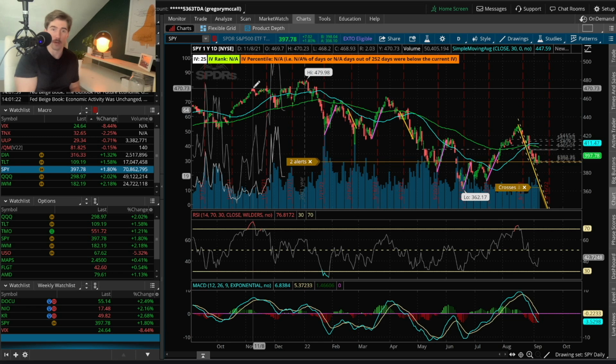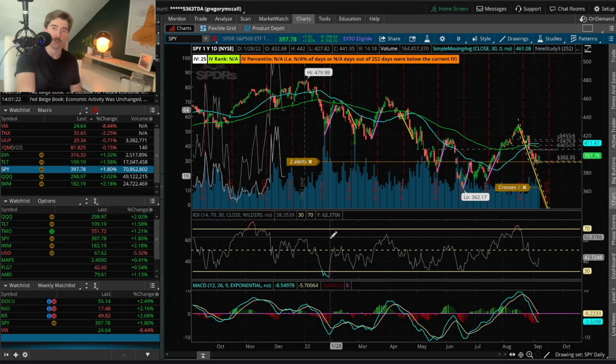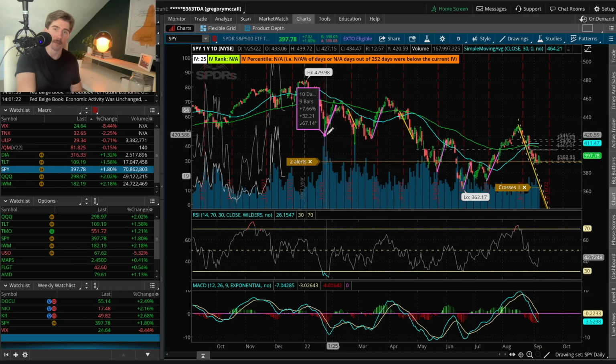So if you sold out because SPY was overbought, you would have lost out on another $10 of gains. And the same thing goes for a stock being oversold. Just because SPY was oversold back in January didn't mean that it would just reverse back up. It went to $421 at the very bottom during the oversold period, but now it's trading at $397. So if you bought SPY thinking that it would bounce because it was oversold, right now you'd be down a